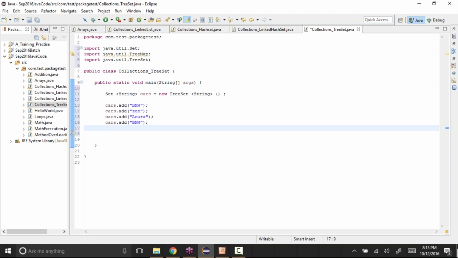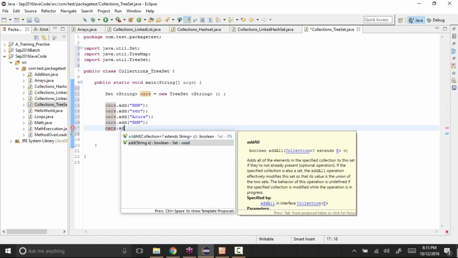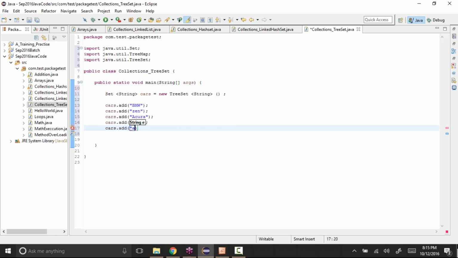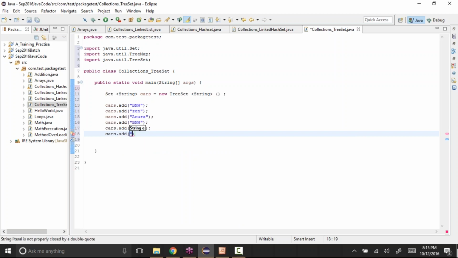Again, two values are there for the BMW. Then cars dot add, let's say Audi, and cars dot add, let's say Merc.